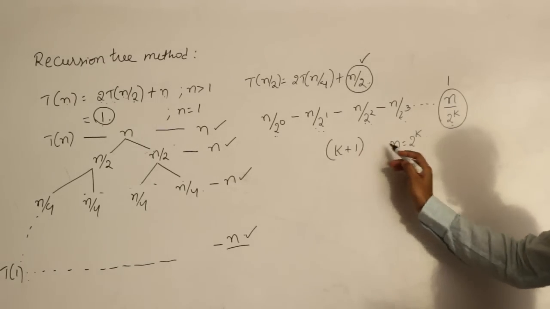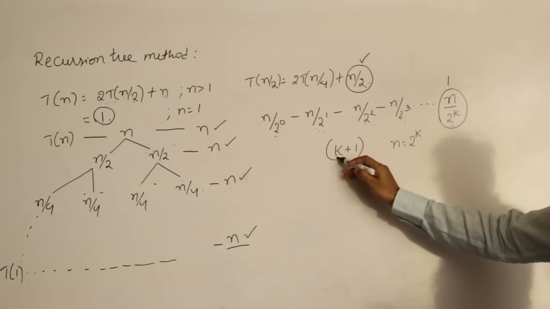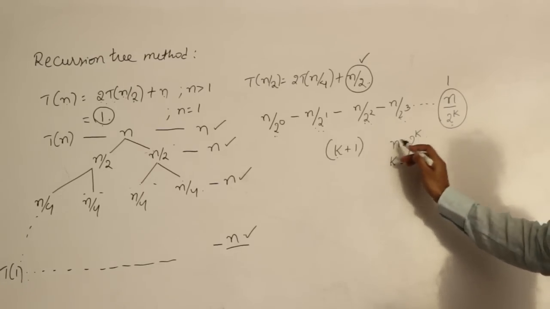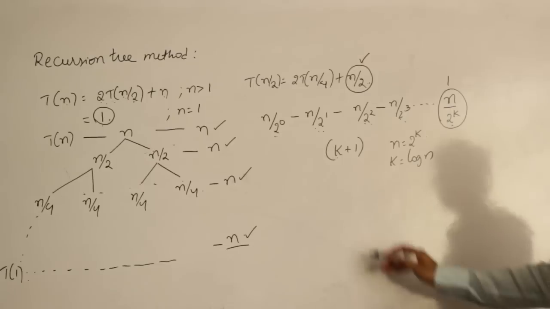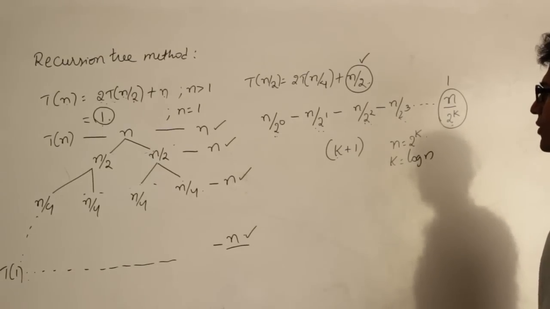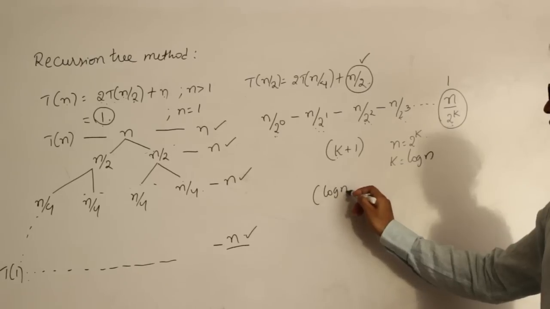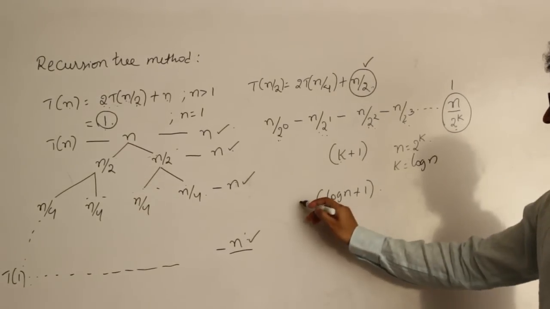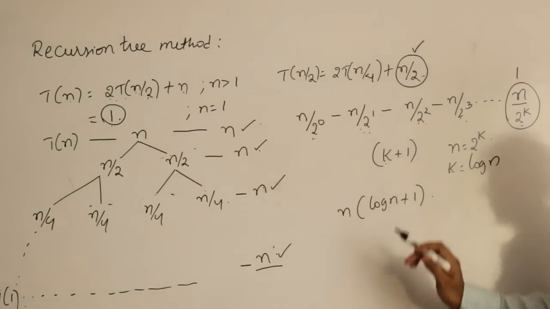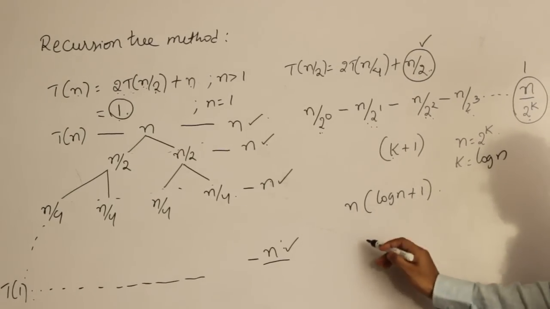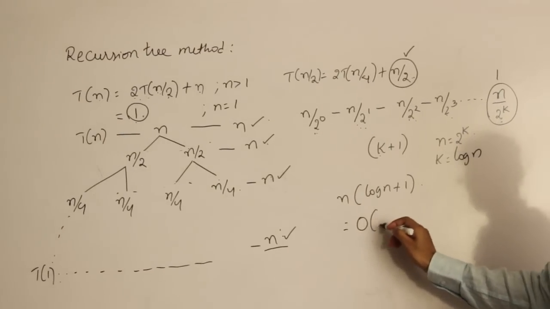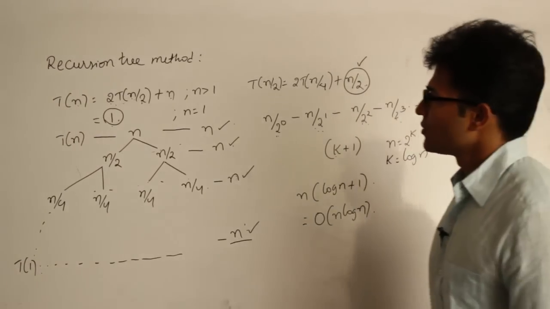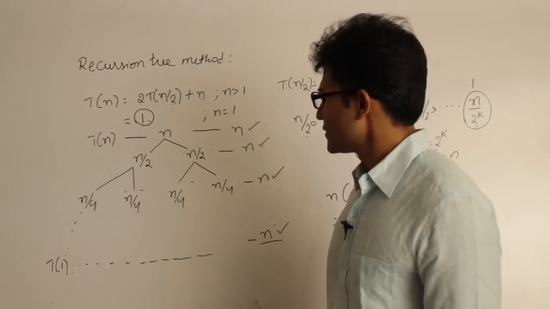So if you are having this k plus 1 levels, then what is k in terms of n? We already know that k equal to log n. Apply log on both sides, then we get k equal to log n. Now if you substitute log n for k, then the total number of levels is log n plus 1, and at every level we have seen that work done is n. Therefore the total work done is n into log n plus 1, out of which the leading term is n into log n. Therefore the time complexity is n log n. So for this problem the time complexity is n log n, right? So that is how this recursion tree method works. We shall see one more example.